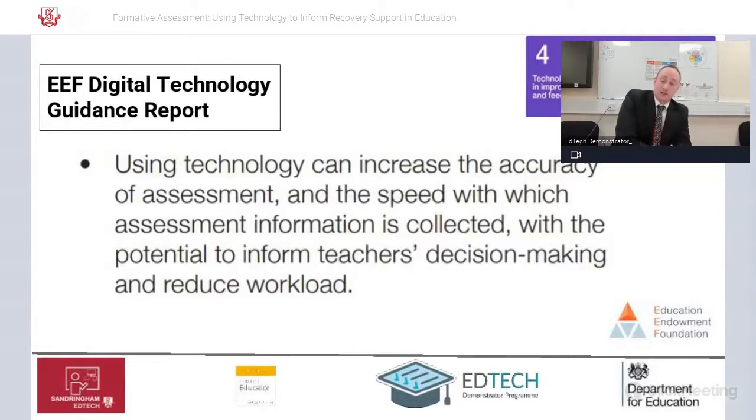And if we also think around technology as a way that we can reduce workload, I think if you're early on within that process, there's a big investment of our time to create those resources, but once created, you're building a catalogue of high quality resources that you can revisit very quickly and that will save you time in the long run. But also the speed in which formative assessment can run through technology is quicker than maybe traditional methods